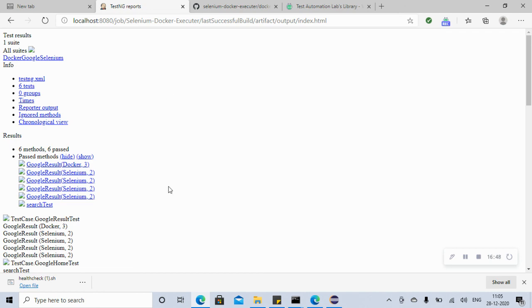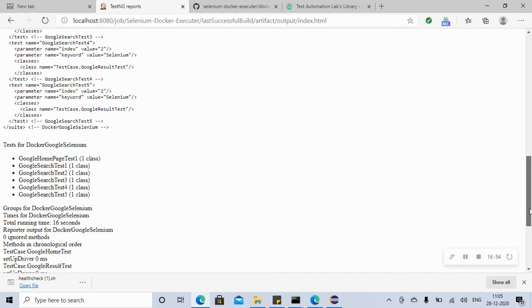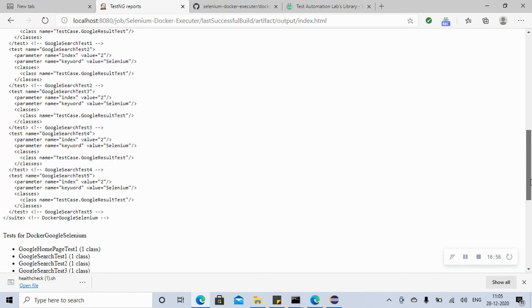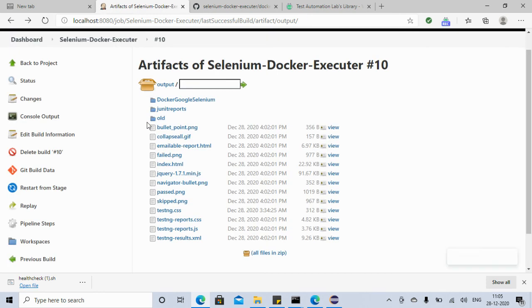Okay, so we can see it in this way. We can modify our report, maybe use some good formatting for the report, but I just wanted to show how we can archive it here in Jenkins. So our test is archived here.